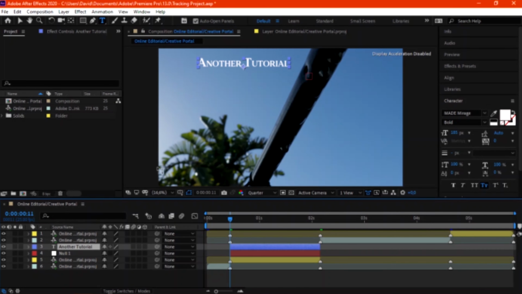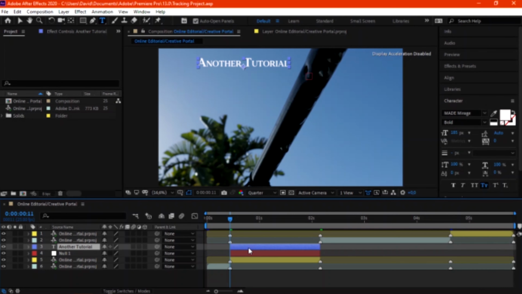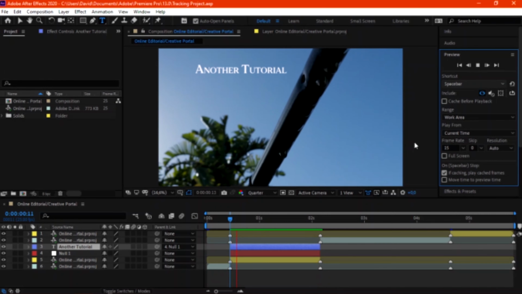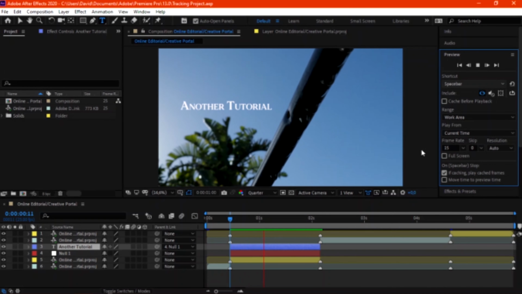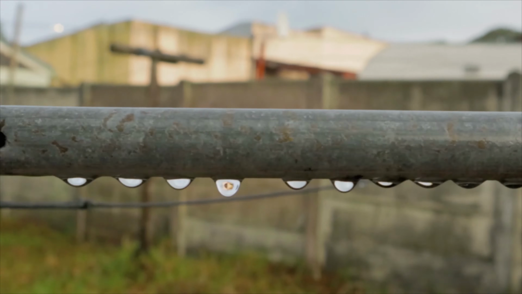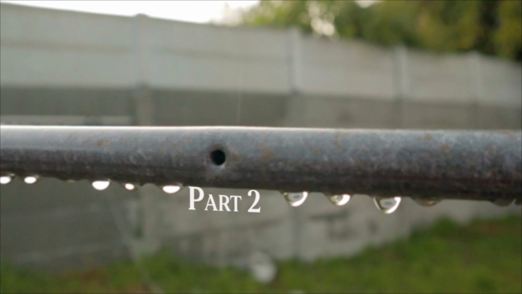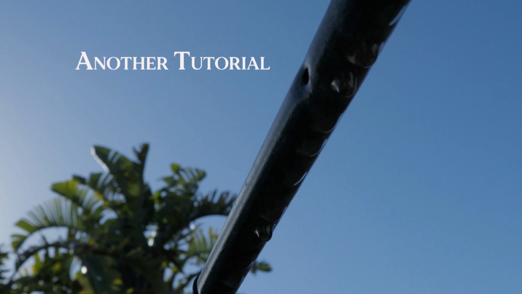So let's just give it a different color, which is blue, so that we know all the specific layers that you need to work on. So you just drag this whip to the null, then automatically like that everything is attached. So if the clip moves, the text is going to move as well. So this is an example of another example that I did. So this is the one that we just finished.